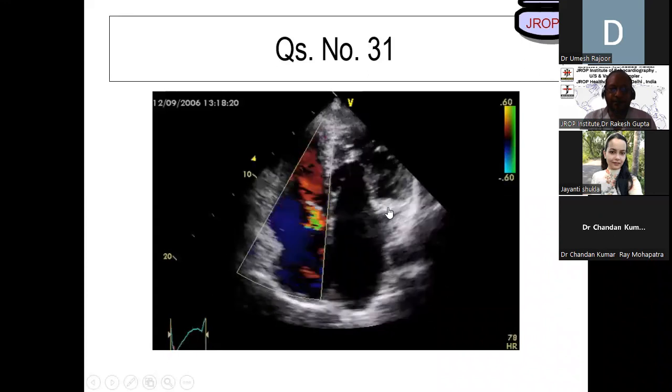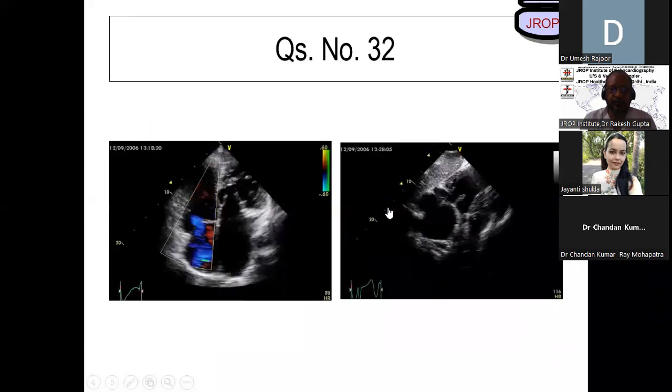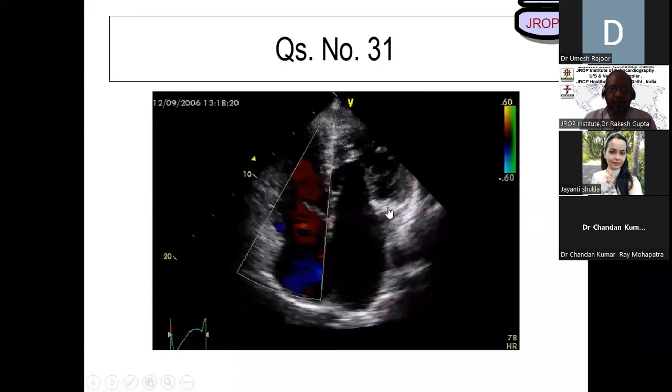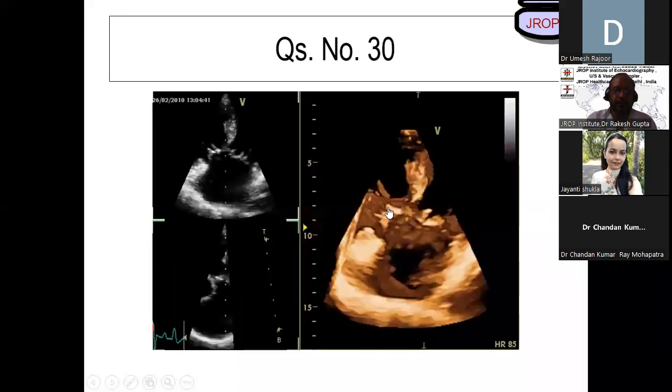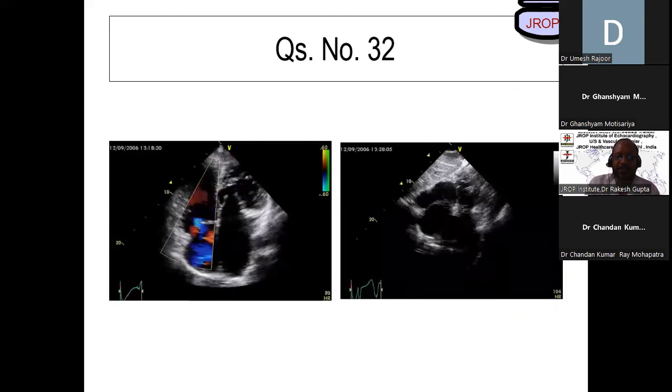Sir, the first thing is there is a tricuspid regurgitation. This side is RA. And this side LA is connected to RV. Atrioventricular discordance. Okay. Agreed. Now, if I put this slide along with this slide,